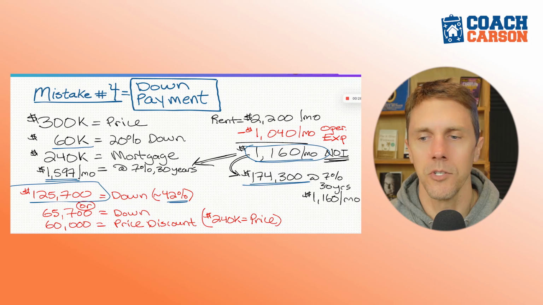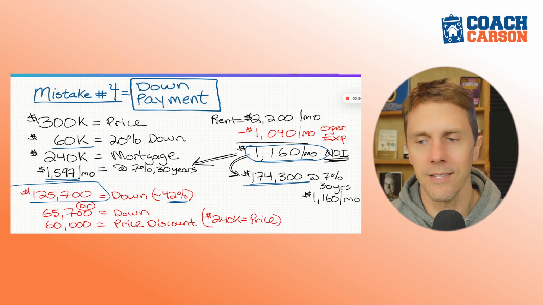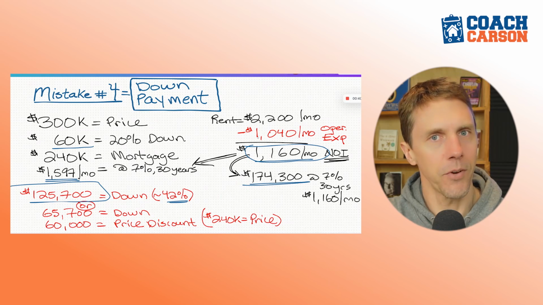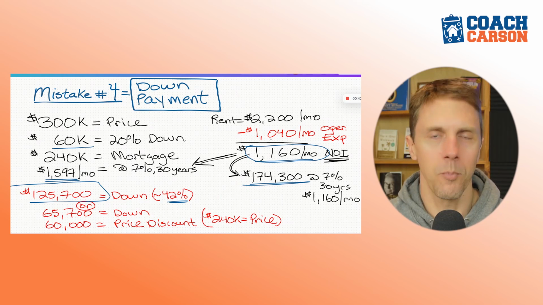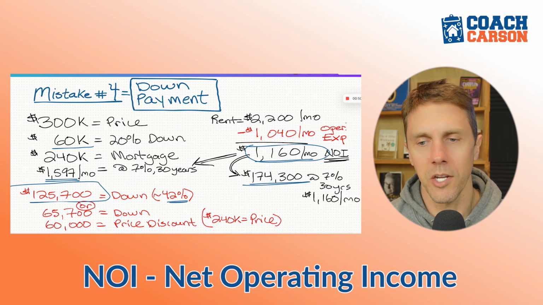And let me show you the numbers on why that's the case. So let's go back to our rental property that has a $2,200 per month payment. And remember, we talked about operating expenses like taxes, insurance, maintenance, management, vacancy, things like that. In our example, that was $1,040 per month you have in expenses. That's everything except for your mortgage payment. Now, this is a really important calculation in rental property investing. One I do on every single rental property is to figure out what's called the NOI, the net operating income. And so you just take your rent, you subtract all your operating expenses, and in this case, that's